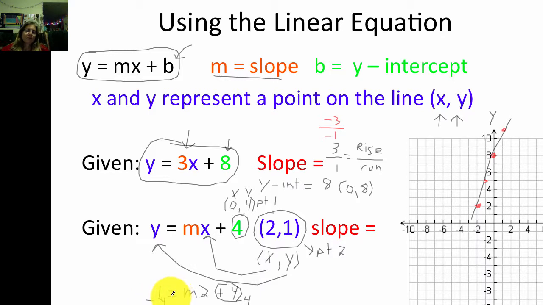So subtract 4 on both sides. That will make this a negative 3, so I'll rewrite it over here. Negative 3 equals, we still have an m, we're working on solving for that. We have this 2. We no longer have a plus